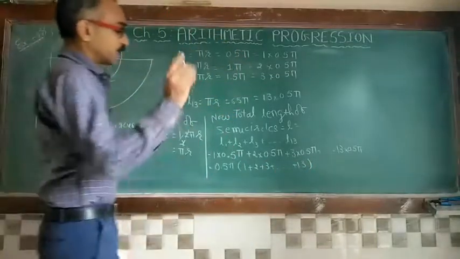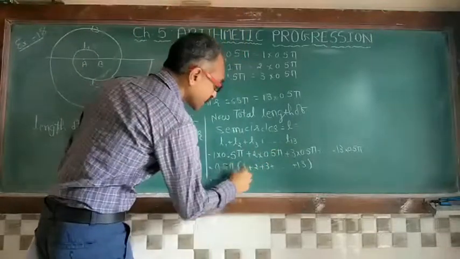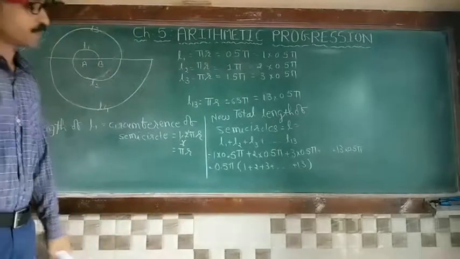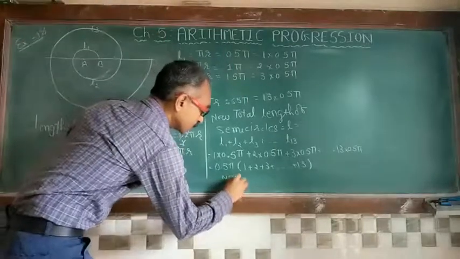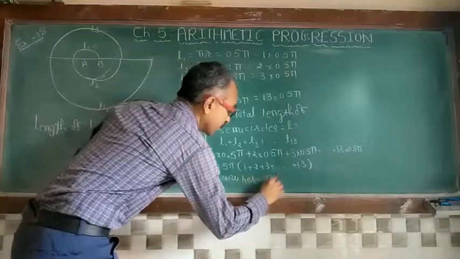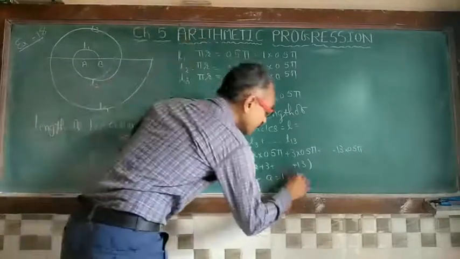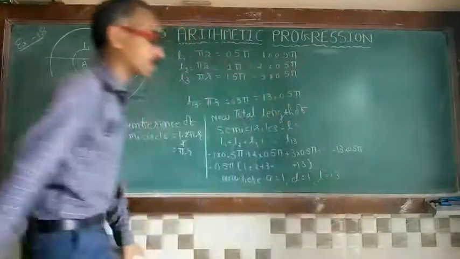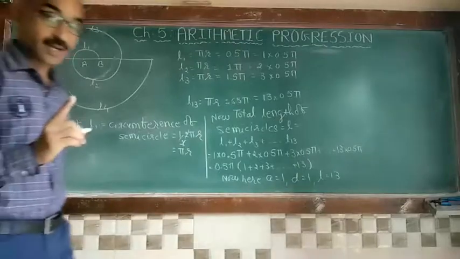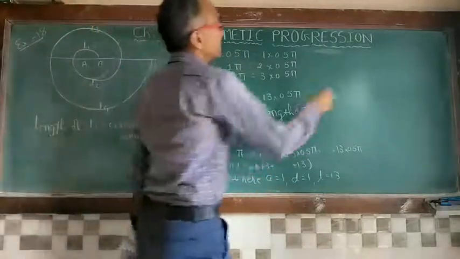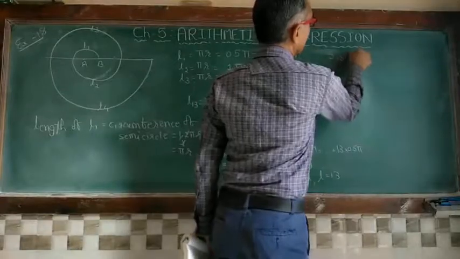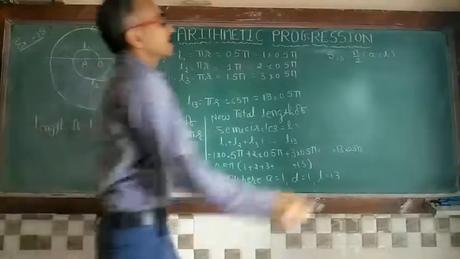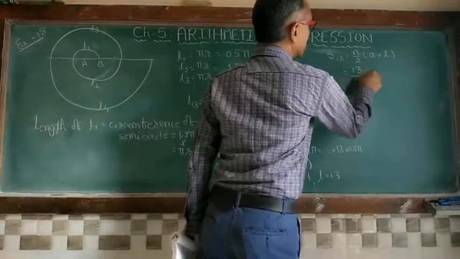Okay. So see here, now you have to first find the sum of this AP, that means you have to find S13. Okay. Now here a is equal to 1, d is equal to 1, and you are given l is equal to 13, the last term. So we can use S13 is equal to n by 2 into (a plus l). Okay. So here n, that means 13 upon 2. What is your a?